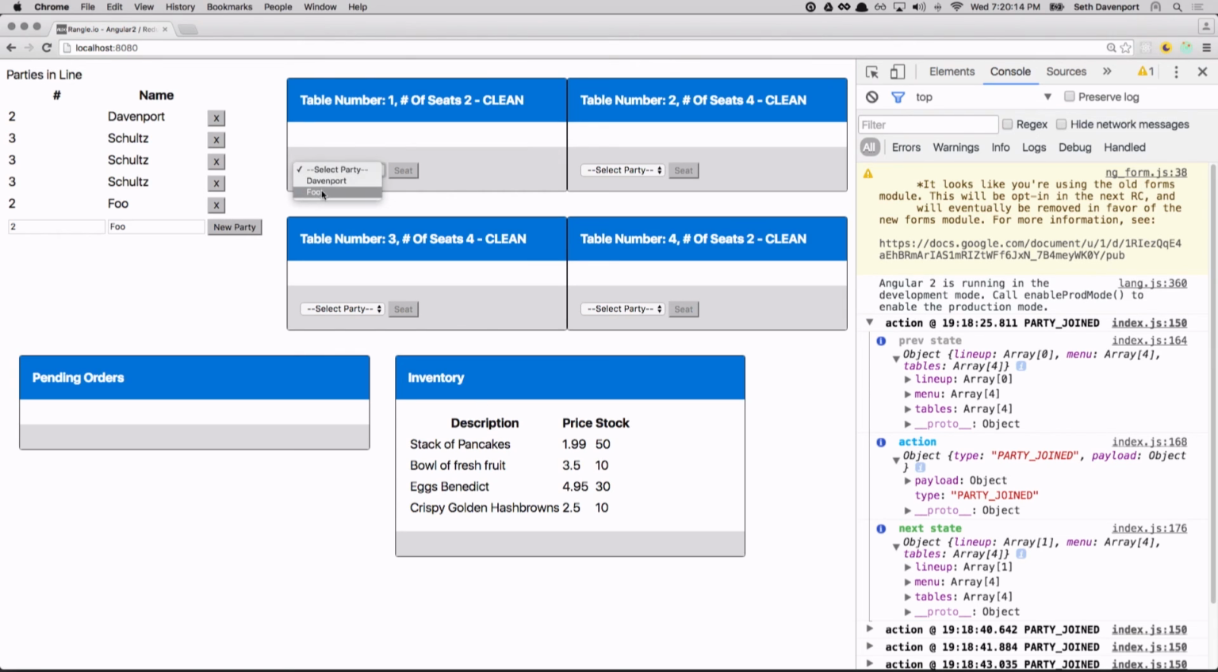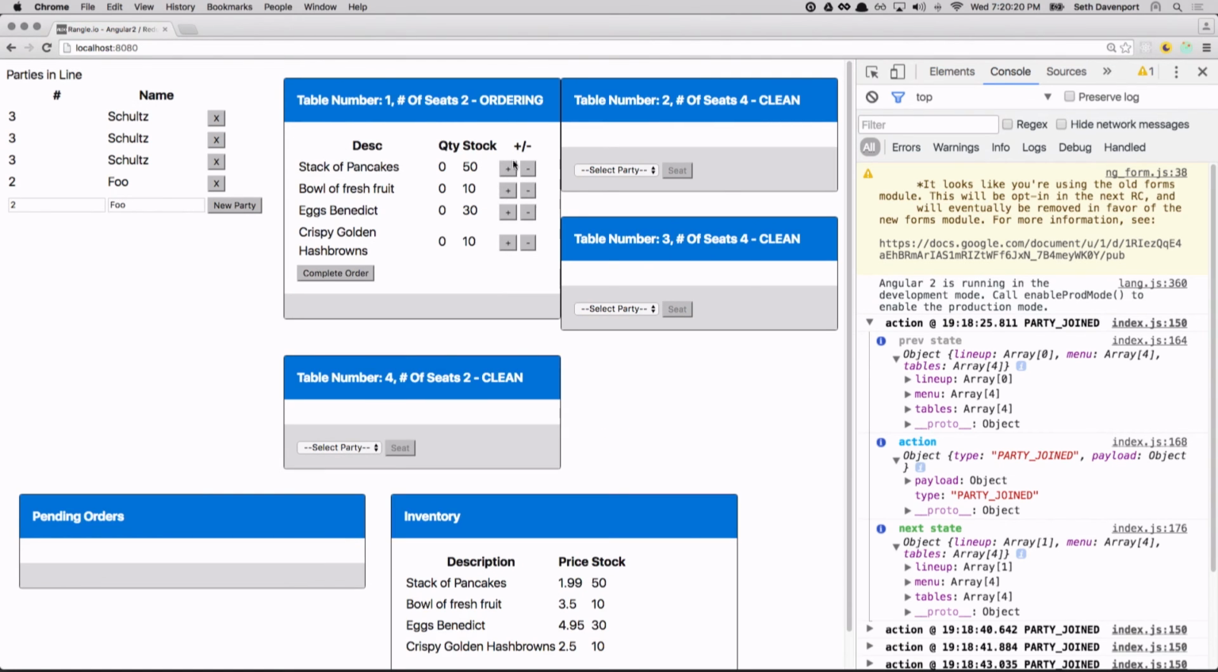So let's say I go to seat myself at this table. I can start an order. I can say I want a bunch of pancakes. You can see that the inventory is updating at the same time. Once again, this would be another annoying synchronization problem in MVC. When I've decided that I want my huge order,